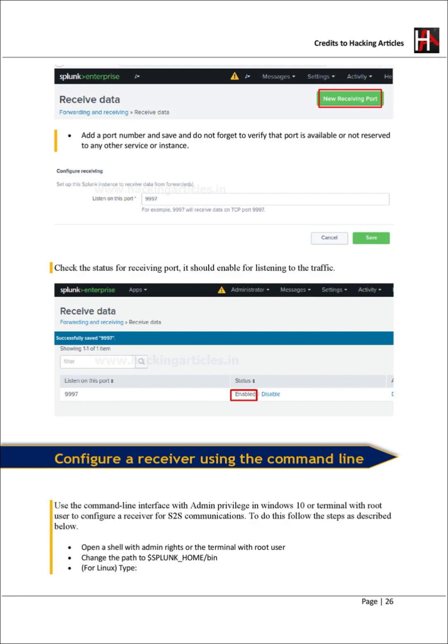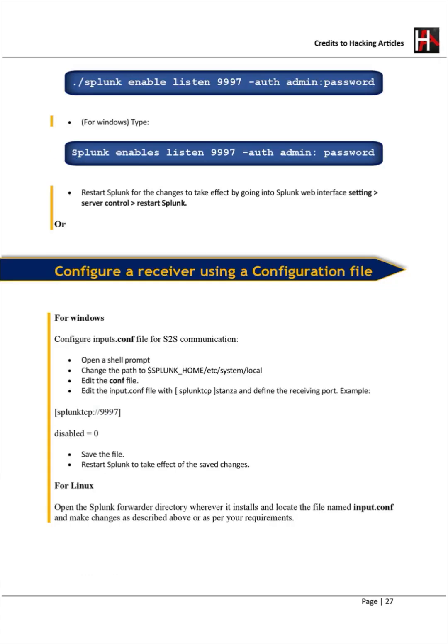Configure a receiver using the command line. Use the command line interface with admin privilege in Windows 10 or a terminal with root user to configure a receiver for S2S communications. To do this, follow the steps as described below. Open a shell with admin rights or the terminal with root user. Change the path to $SPLUNK_HOME/bin for Linux. Type